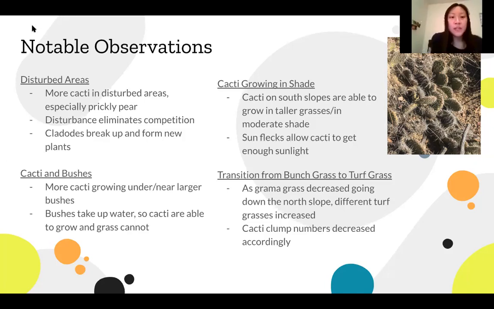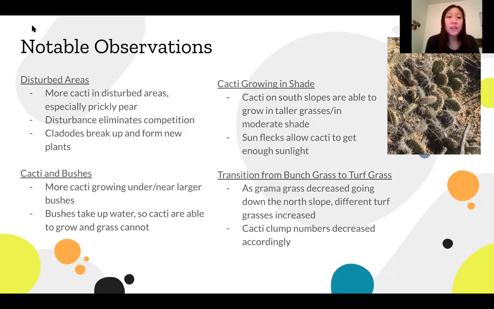Another notable observation was that we found that cacti were growing in shade. Some of the cacti on the south slopes were able to grow in the slightly taller grasses and also in moderate amounts of shade. And we were thinking that maybe it might just be because of the position of the sun throughout the day and how it changes position. So maybe during some times of the day, the cacti are able to get just enough light to properly